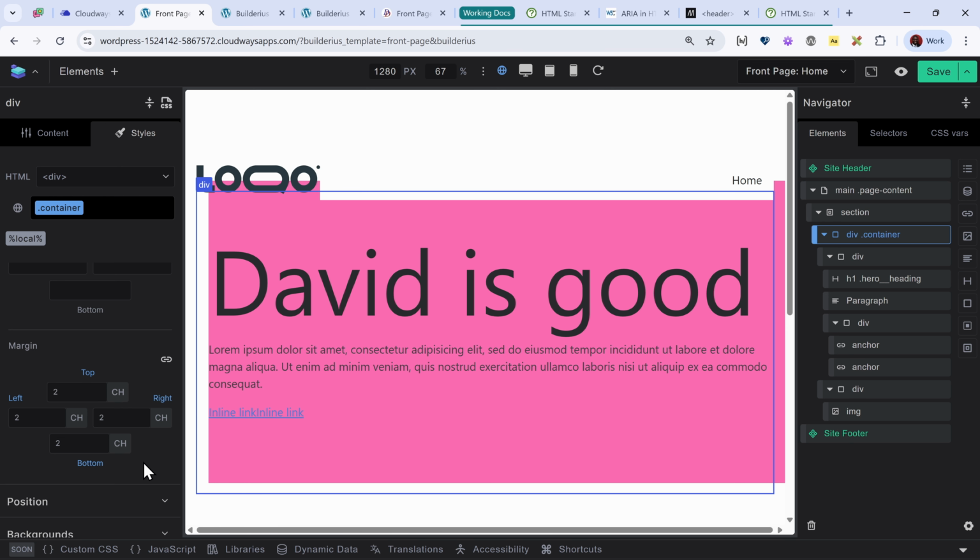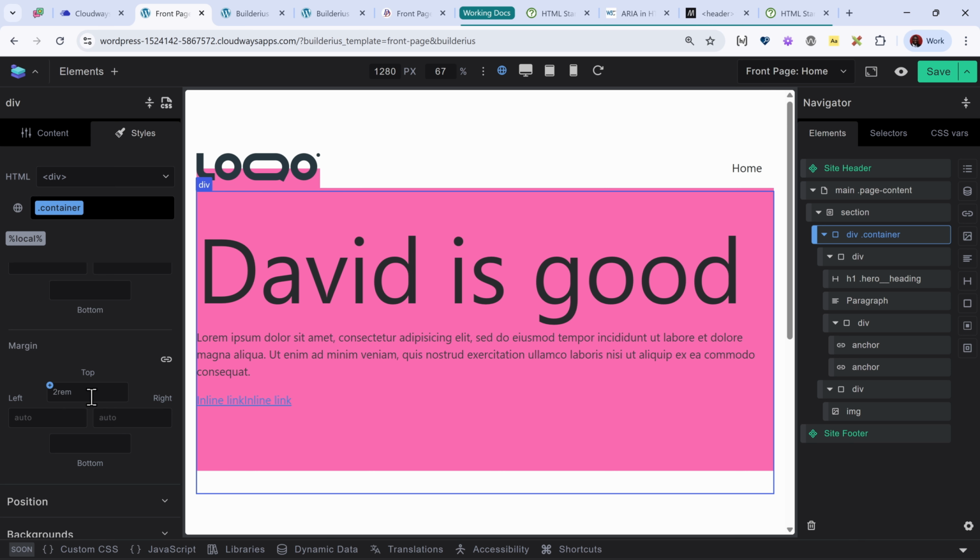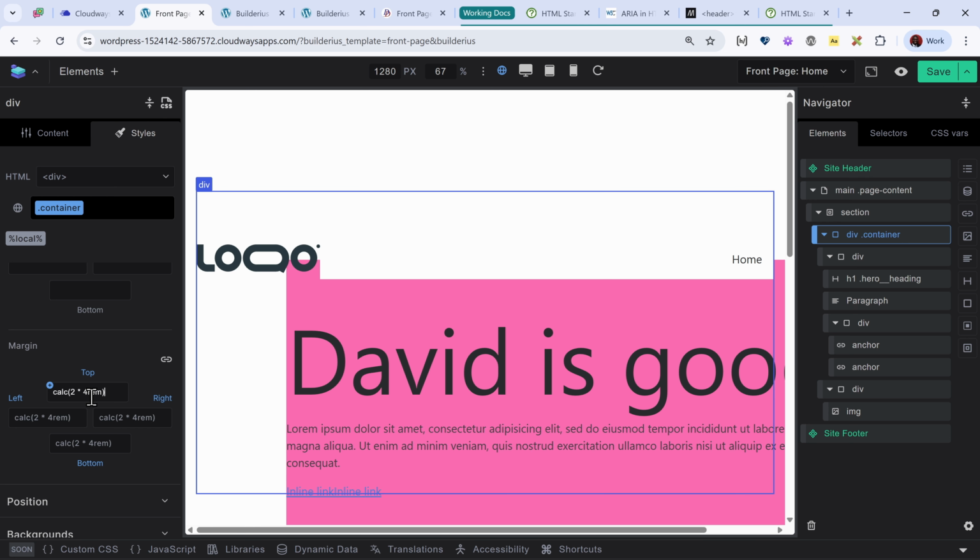Once I go away, you can see the unit easily and see the number. You can also write any kind of unit you want. So for example, instead of writing 2CH, let's say I want to write maybe calc 2 times 4 rem. I can do that as well. It will also work. If you want to unlink, because right now it's linked all 4 sides, you can just click on the link icon. It unlinks, and then you can change one part at a time.